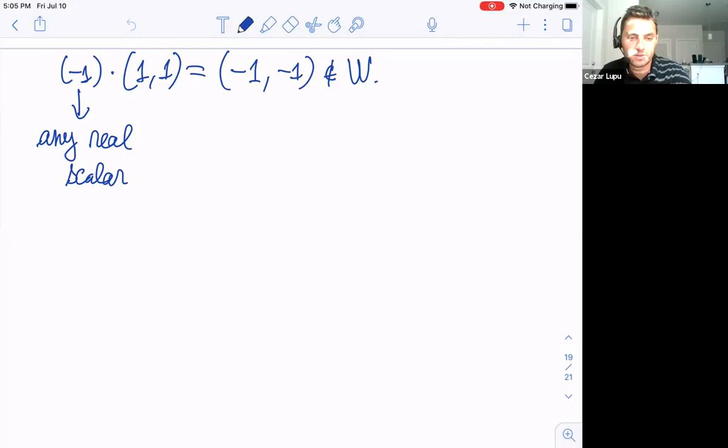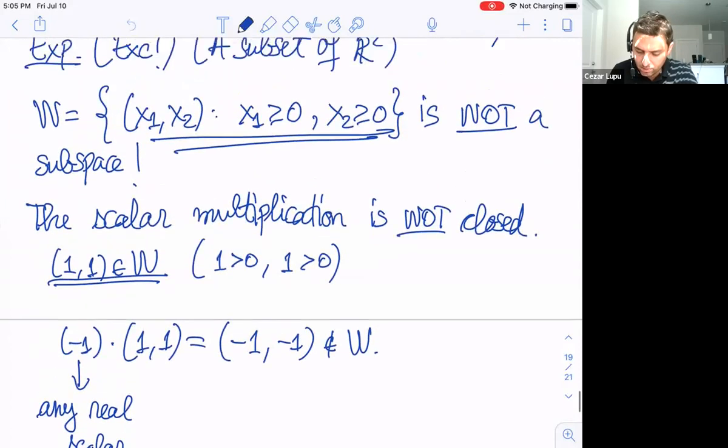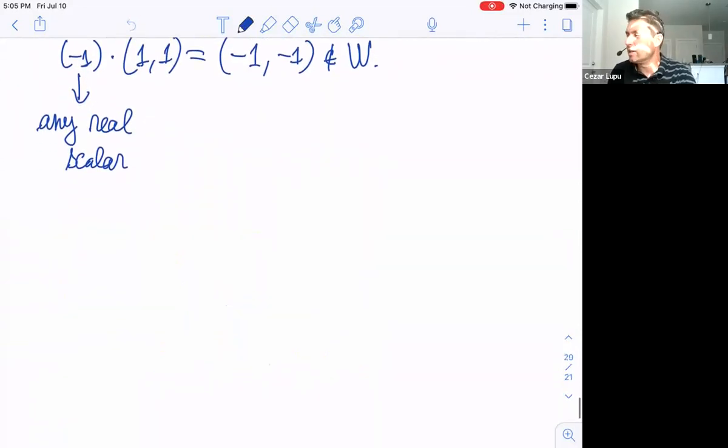The simplest example you can think of is the set of integers. Another example is a subset of R2 which is not a subspace: the set of vectors with non-negative components. Okay, now we'll continue with spanning sets